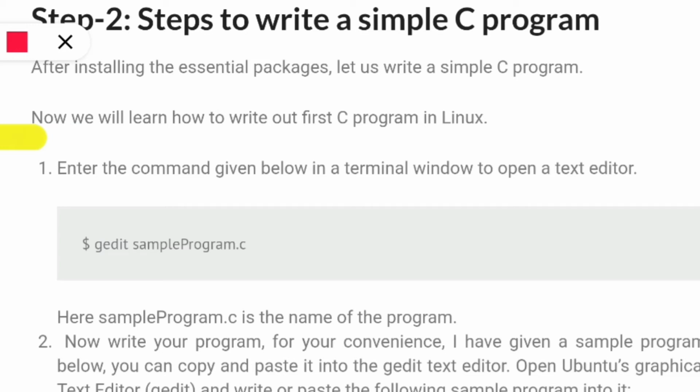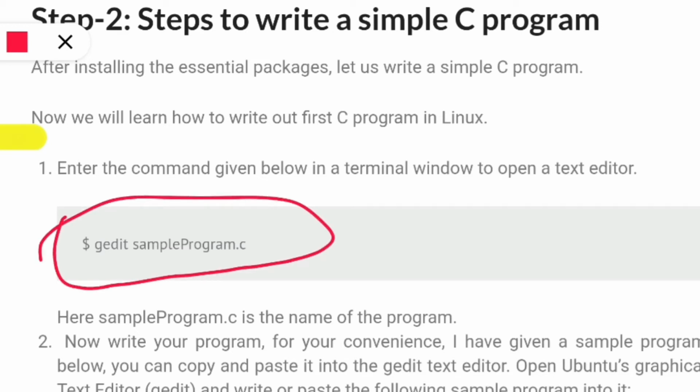Just type this command: gedit sampleprogram.c. It will open a blank .c file named sampleprogram for you, where you have to write the C code and save it with the .c extension. The file name is already given, you just need to save it, nothing else.